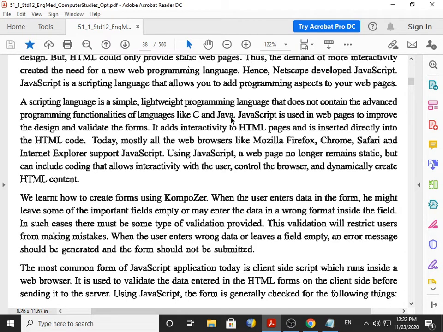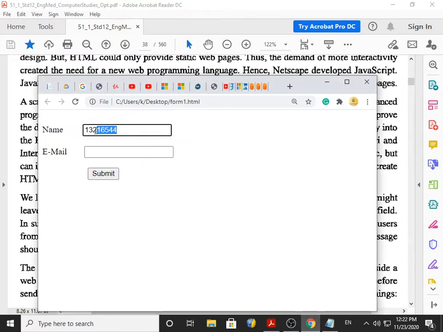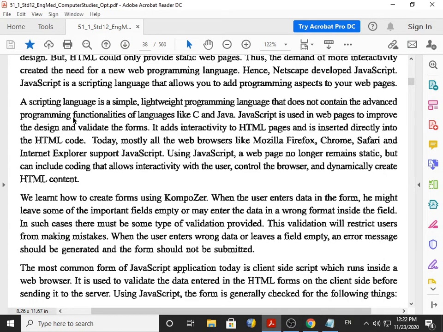Scripting language is simple to write, a lightweight programming language, easy to understand, and it does not contain advanced features like programming language C and programming language Java. And JavaScript is used in a web page to improve the design and check the validity of data in the forms. As I told you, whether a person enters valid data or not can be checked with the help of JavaScript.